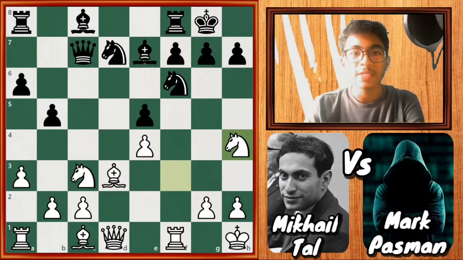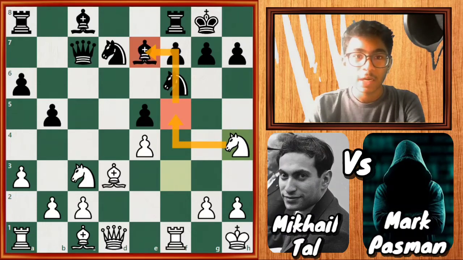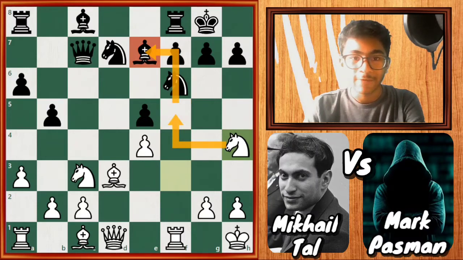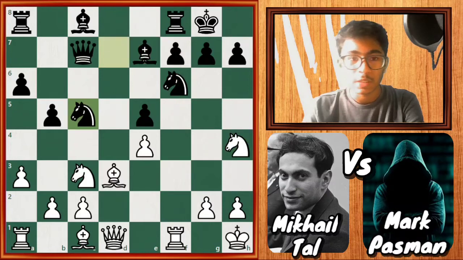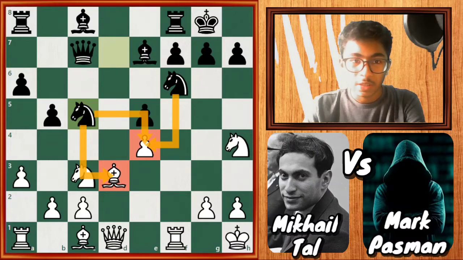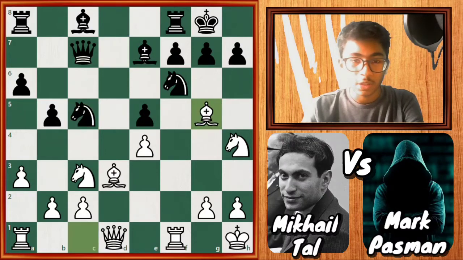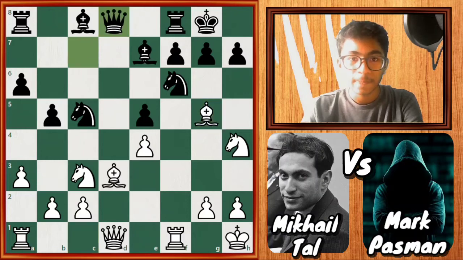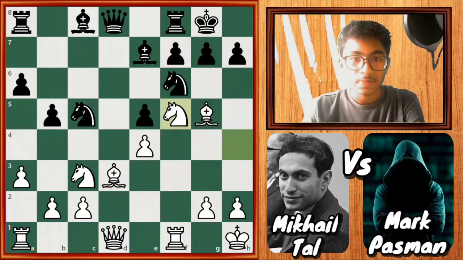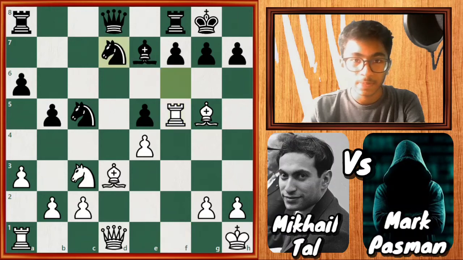The idea of Mikhail Tal is to play knight to f5, attacking the bishop on e7, and the knight would have a very great square on f5. So here knight to c5. The idea is to exchange the bishop on d3, and also create some pressure on e4, and also open up the bishop. So here bishop to g5, queen to d8, knight to f5, bishop takes f5, rook takes f5, and